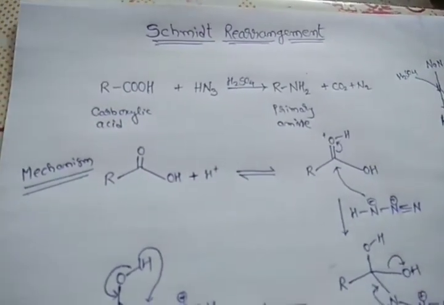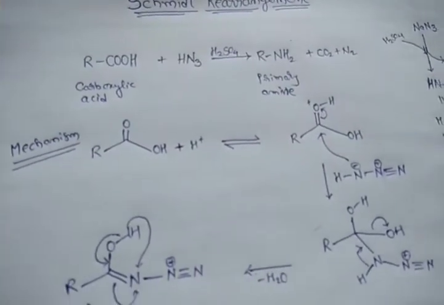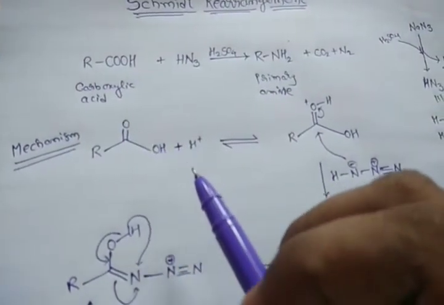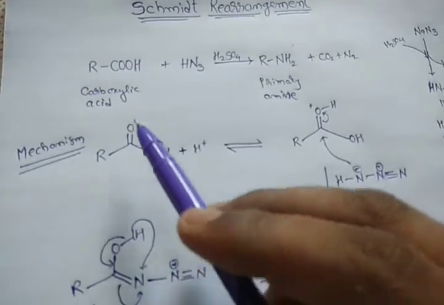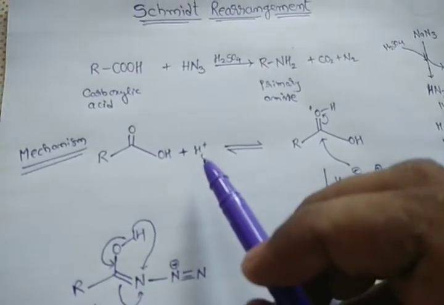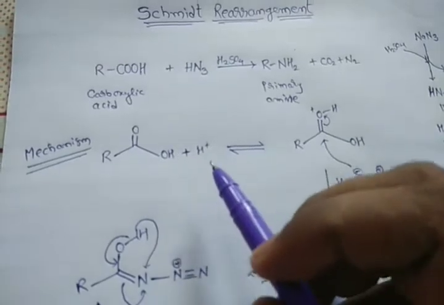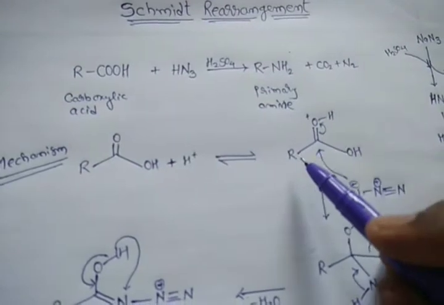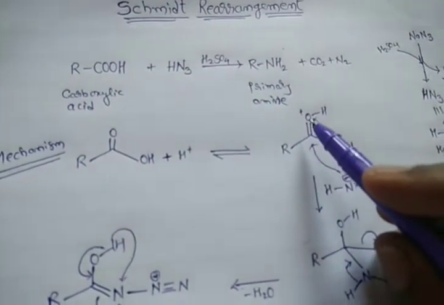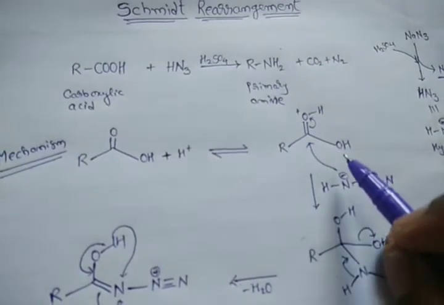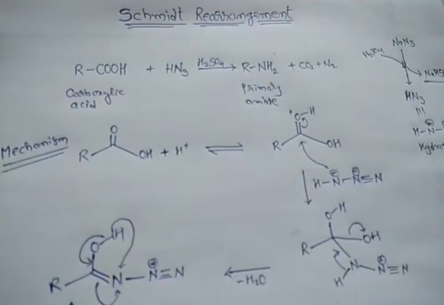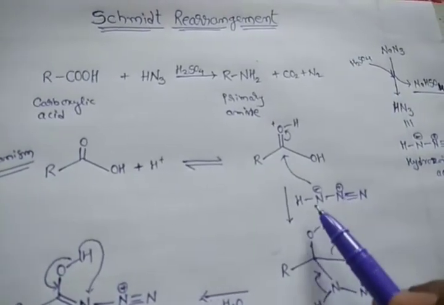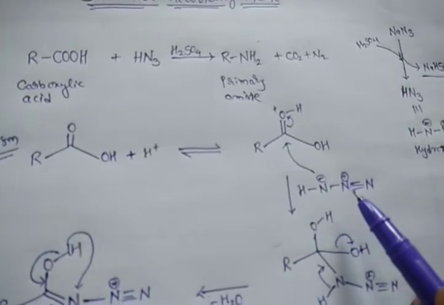Now let's try to understand its mechanism. In the mechanism, the carboxylic acid is activated by protonation. This proton H plus will be from the sulfuric acid. Now this protonated carboxylic acid will have R C double bond OH, and this oxygen will have the positive charge, and OH. Now to this protonated carboxylic acid, hydrazoic acid, which has the structure H N minus N plus triple bond N,